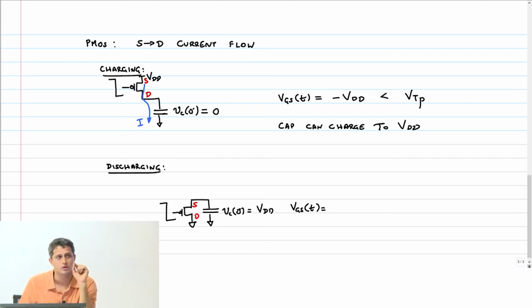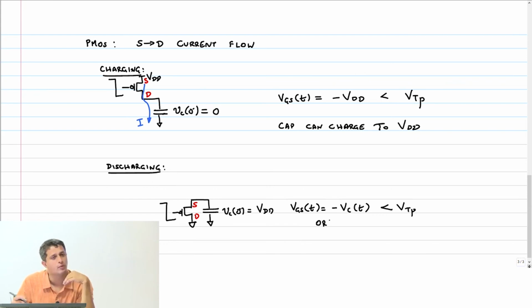No. What is the input? Where has it gone? It's gone from high to low. Gate voltage is what? So it is minus of Vc of T. As long as this VGS of T is less than VTP, this will turn on, right? The moment that goes, you're gone. So minus Vc of T should be less than VTP, or if I remove the minus sign from both sides,